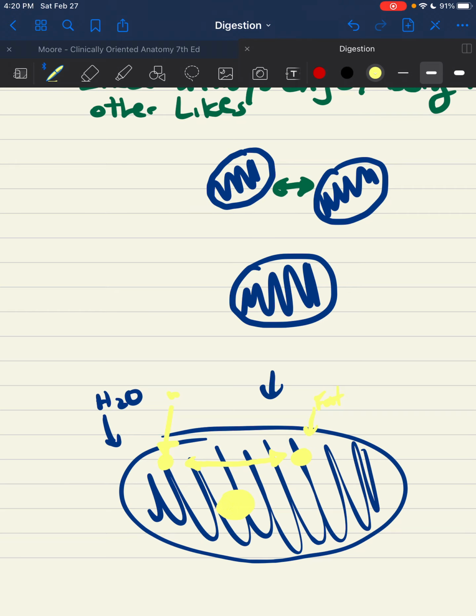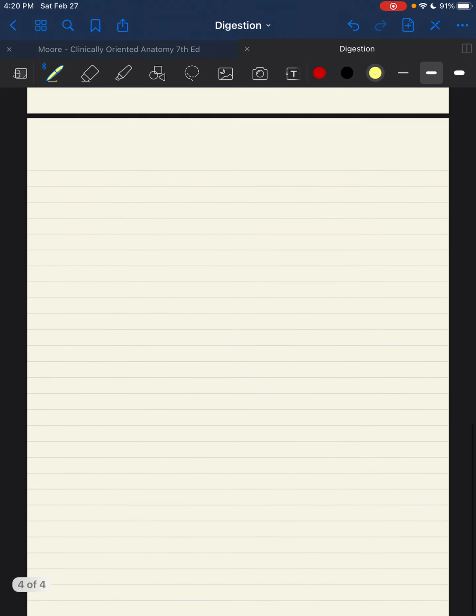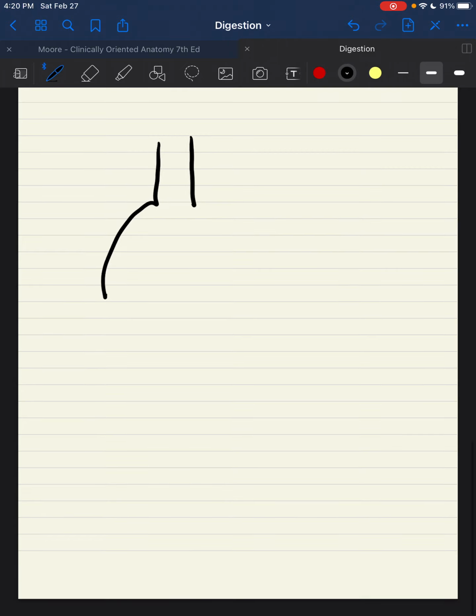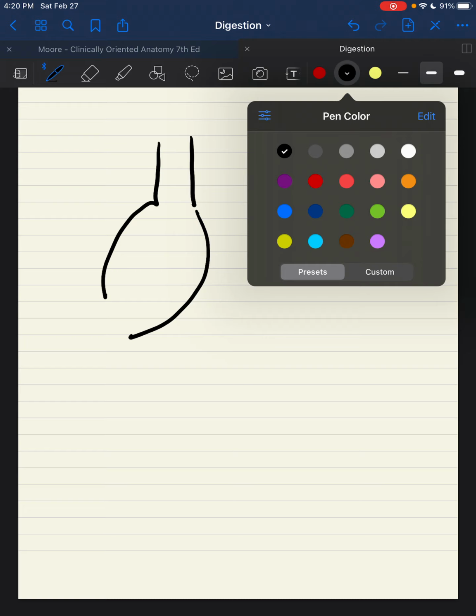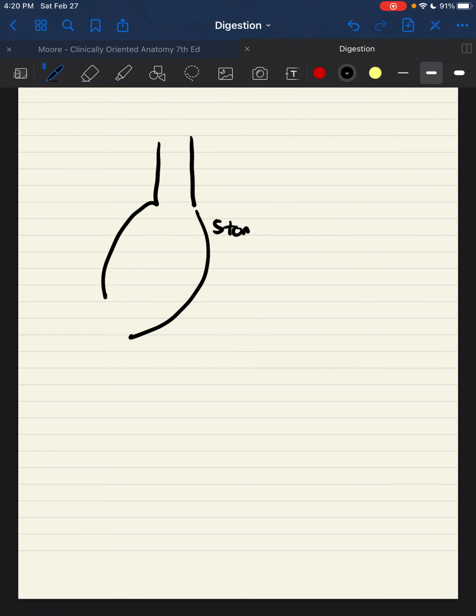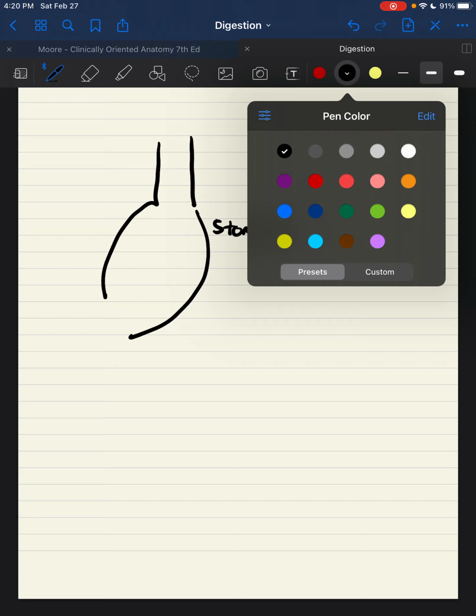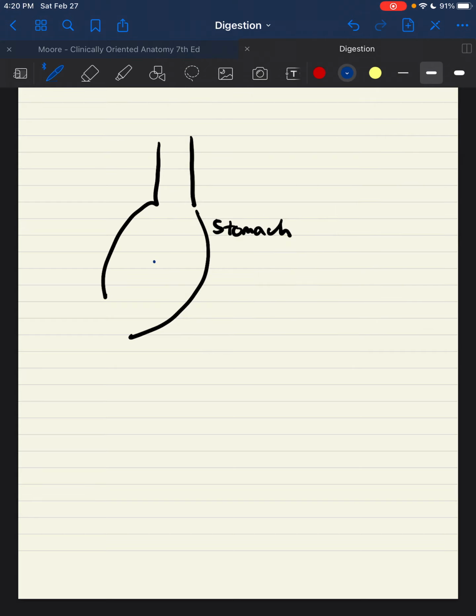And if we think about our example of our stomach, here's our stomach. And let's say there's aspirin right over here. Aspirin is going to be lipid soluble. In other words, it is nonpolar, it is hydrophobic, it is uncharged. They all mean essentially the same thing. They're in the same bucket.